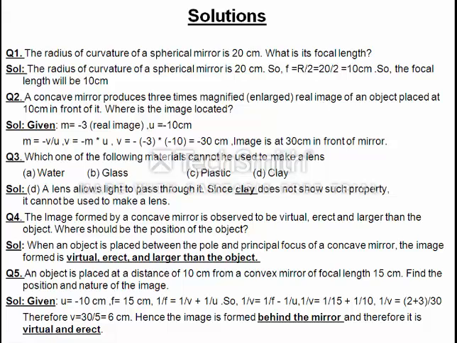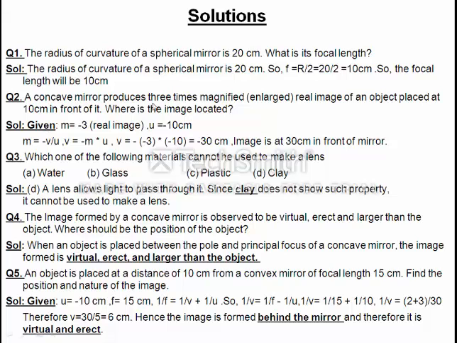But what sign is it? In my previous lecture I explained to you that if magnification is negative, it is a real image, and if magnification is positive, it is a virtual image. So here magnification is how much? -3, since the image is a real image. Object distance is given as 10 cm, and we understood in our previous lecture that u is always taken as negative.